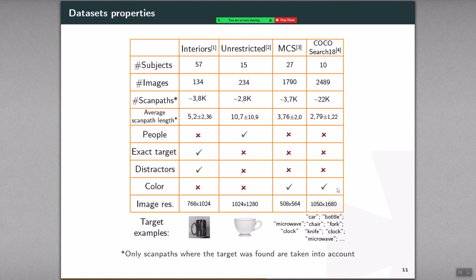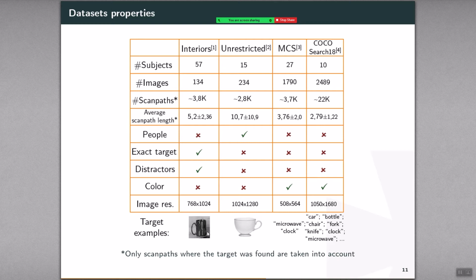So for the datasets, we have 4 very different datasets. One of them is an unrestricted dataset, which is the only one to contain people or human faces in it. Another one is the interiors dataset, which is the only one to contain distractors, that is, objects that belong to the same category as the target. So human subjects were required to find the exact target in the image. For instance, if a cup was presented, then they had to look for this specific cup in the image, and